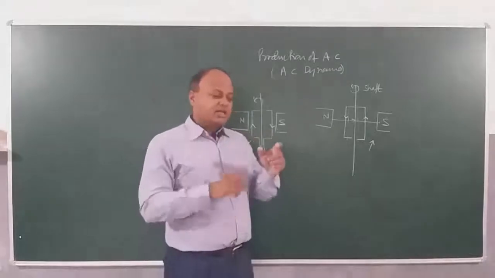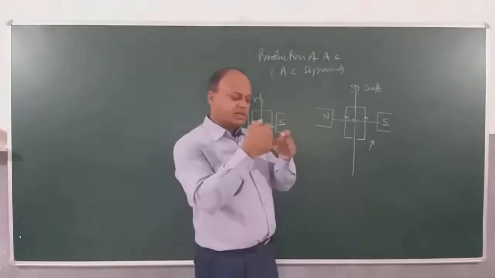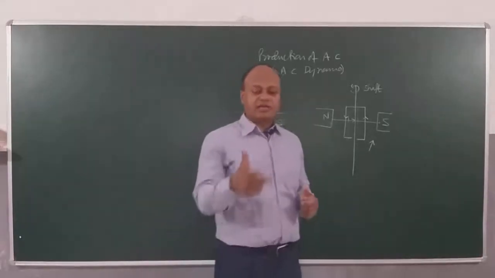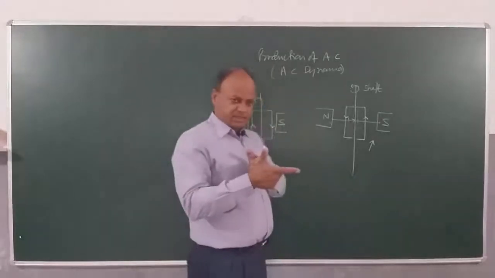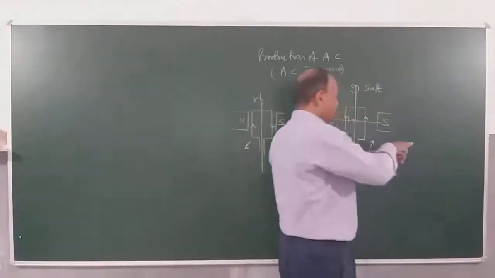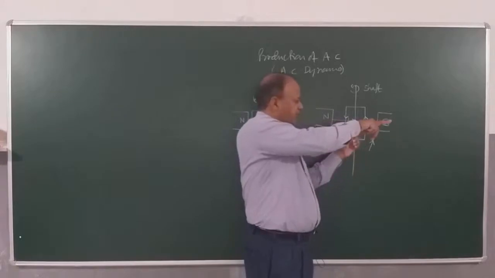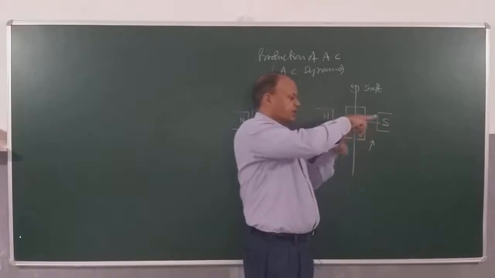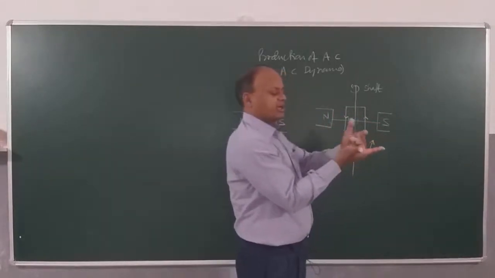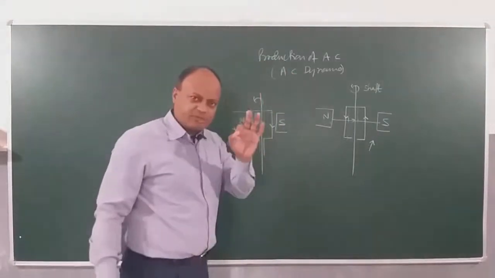But the special thing is that when the coil is going into the poles, the direction of current is in one direction. When it is coming out, the direction of current has been reversed. Once again we can use the right hand rule to see the direction. This is the velocity. The coil is going inside. When the coil is going inside, this is the field, then this is how the current is, anti-clockwise. When the coil comes outside, obviously the current is clockwise. So this is anti-clockwise and this is clockwise. So you must remember this.